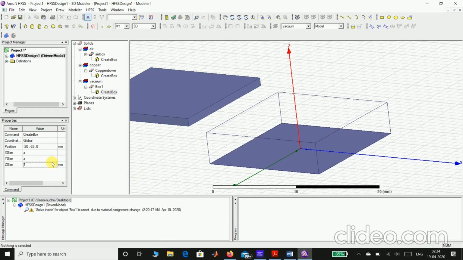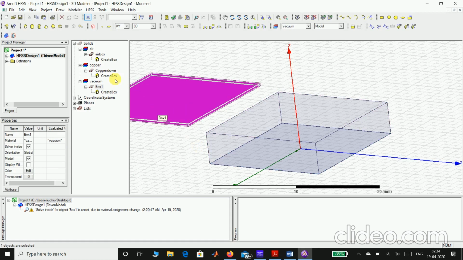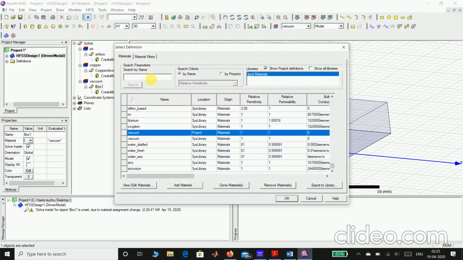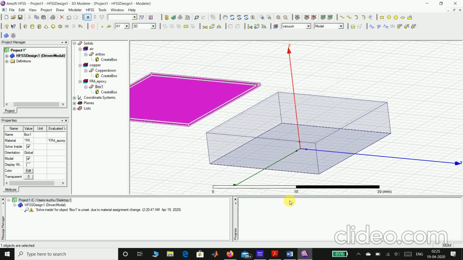So let me just write it over here, T1 of thickness 0.3 mm. Press OK. Now we'll assign it first with the material. Okay, edit. If you search here FR4, you may get it over here, FR4 epoxy. So just press OK then.